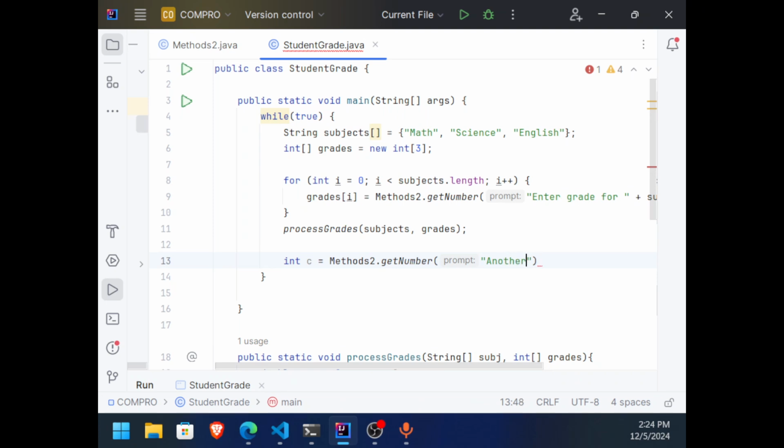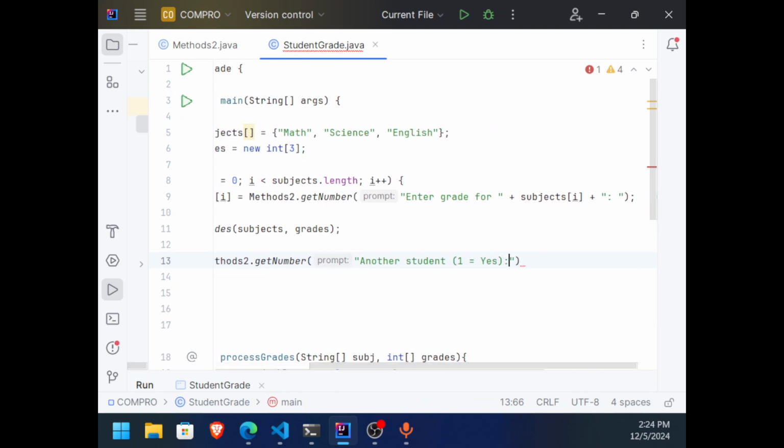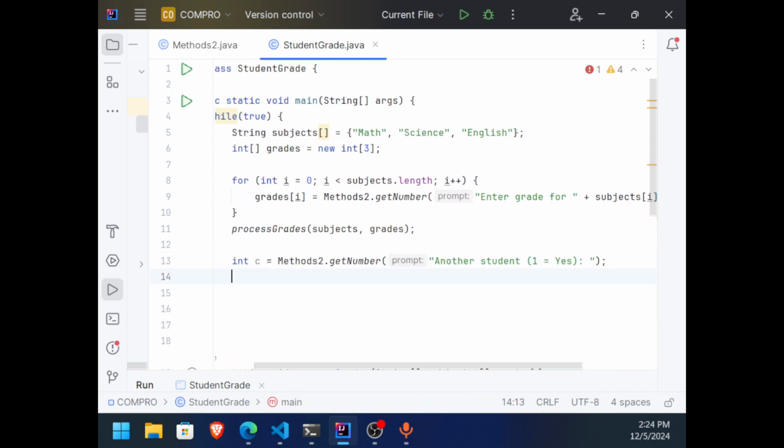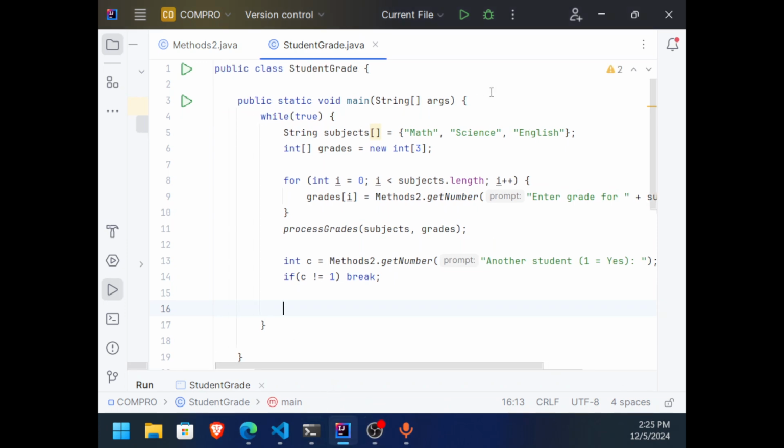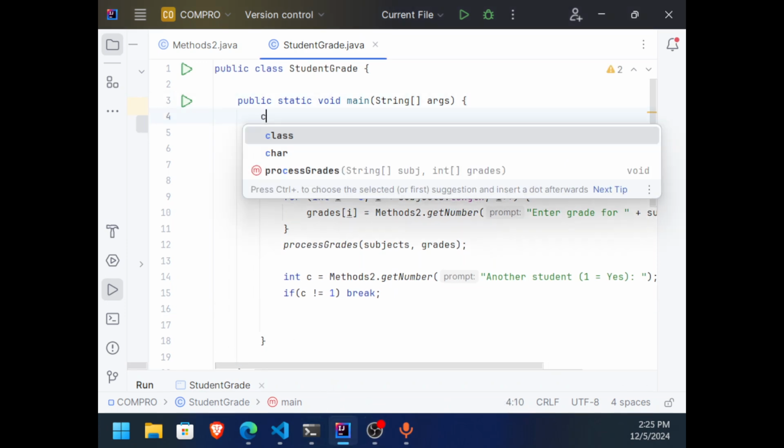Another student. 1, 2, make it yes. Something like that. Okay. Then, if C is not equal to 1, then we just break it. Okay? Para ma-stop na yung loop. And then, maglagay tayo dito ng counter. Let's add a counter here.